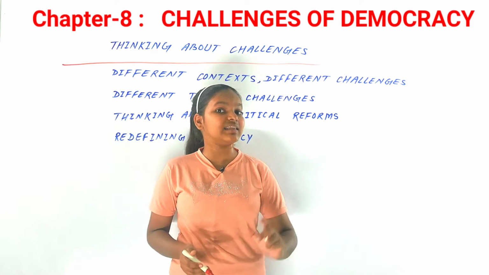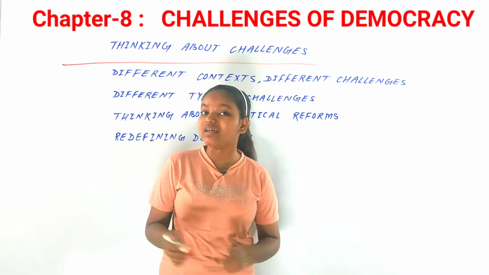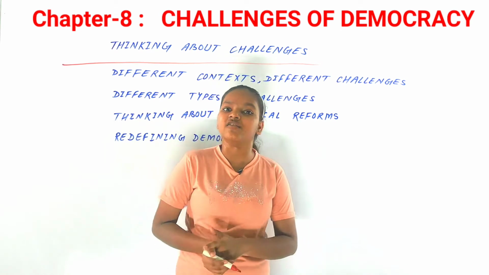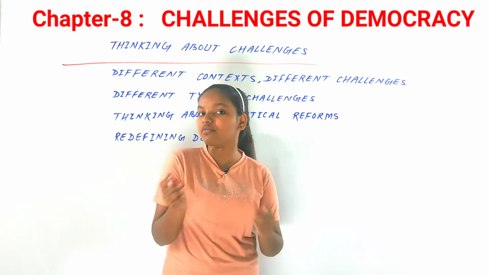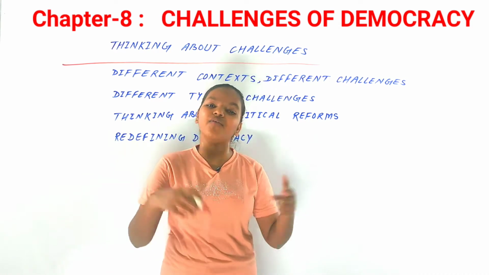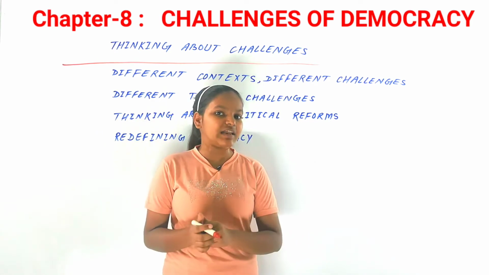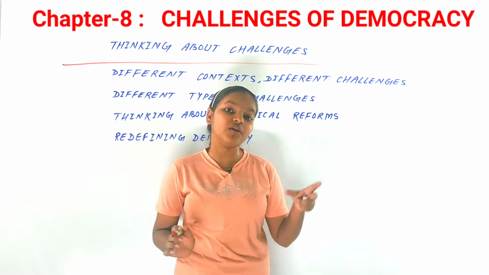So in deepening of democracy, there should be less contribution of rich people in governmental decisions, and this kind of challenge is faced in all democracies in one form or another. It can be seen everywhere, in our country, in the US, in one form or another.